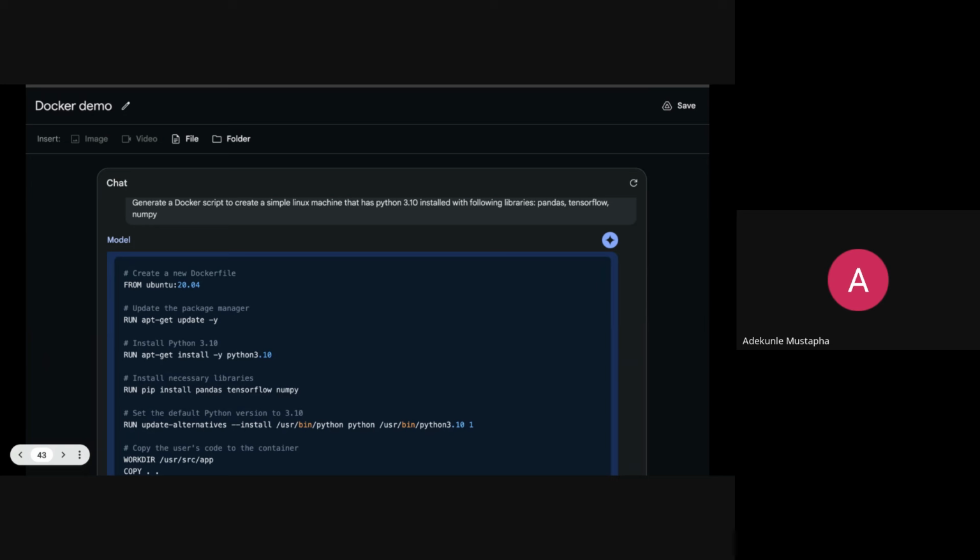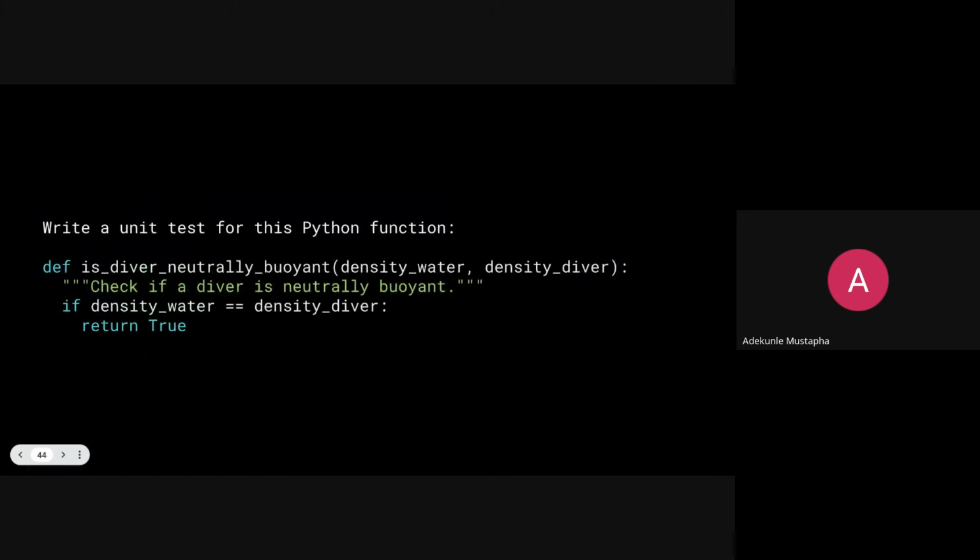Typically nowadays, if I want to write a Dockerfile to build a Docker image for something, I'll more often than not give a prompt in Gemini, in AI Studio, or in ChatGPT, and it's able to use the baseline image that I want and return a Dockerfile that I can just use when I'm building an image. These are things that really help make your programming really fast.